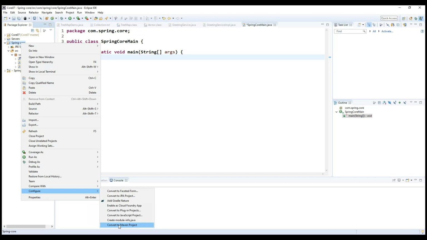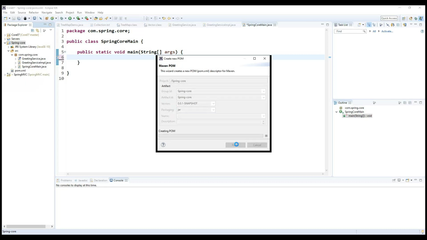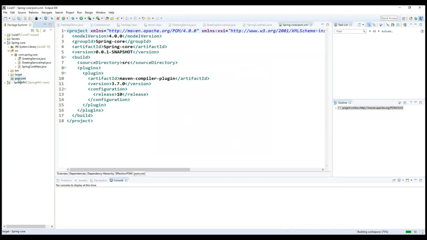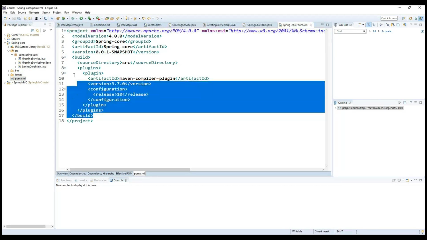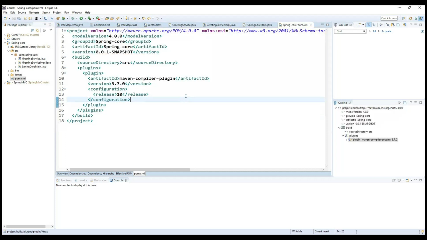Whenever we convert to a Maven project, we see one additional file called pom.xml. Getting the point? Pom.xml is important here. We'll discuss later what exactly this file does. Now I'm clicking finish. Now you can see we have one file called pom.xml. It is available here. Now inside this we'll specify the